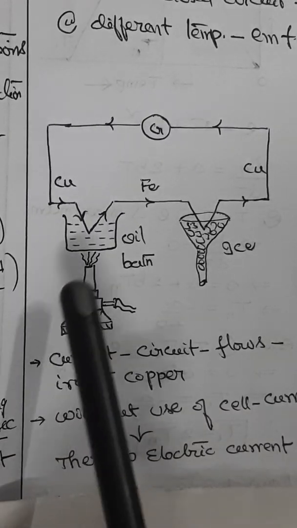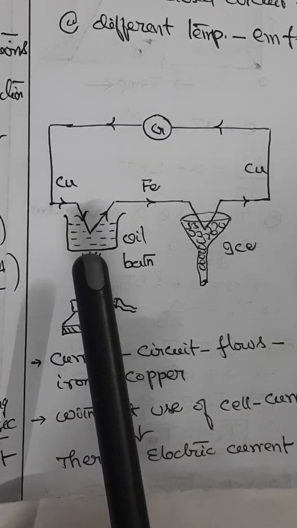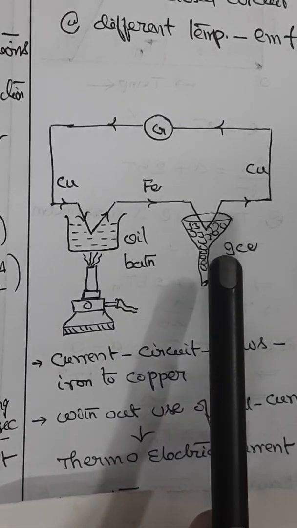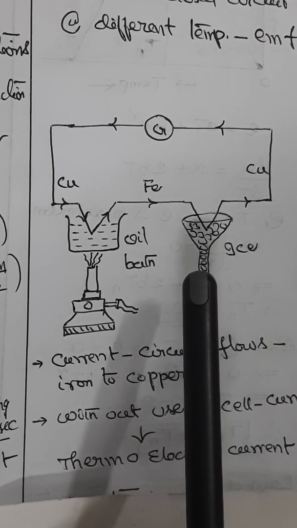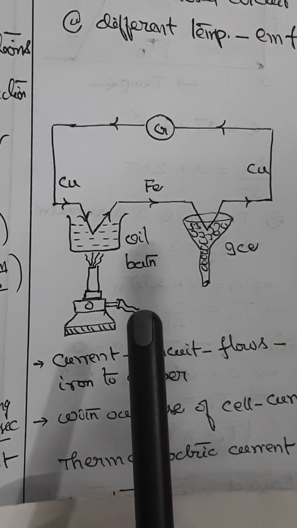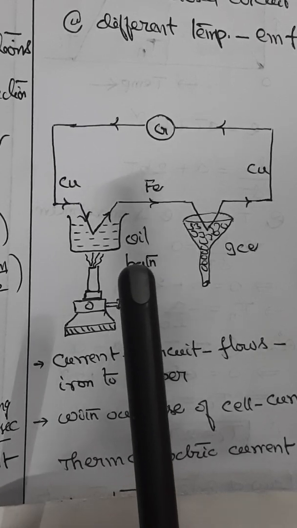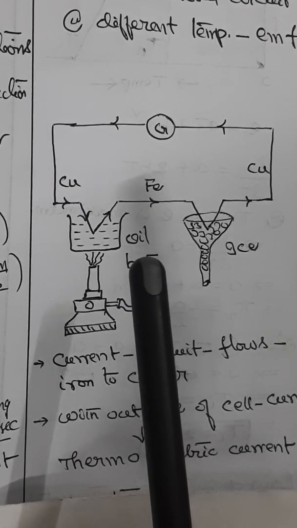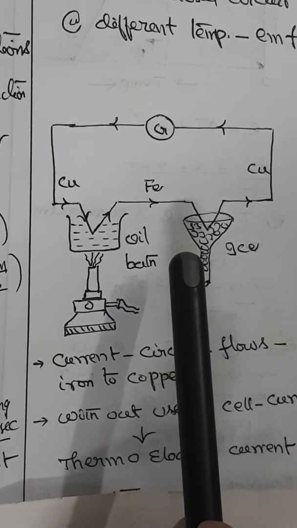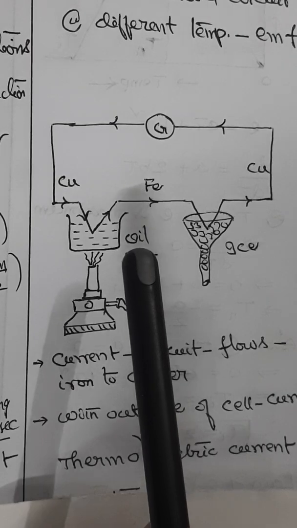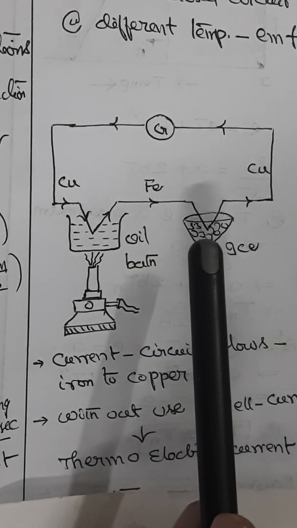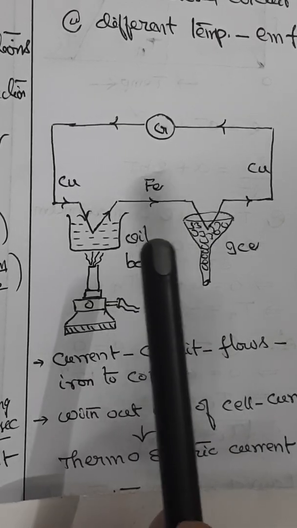If the temperature of one junction is kept at 0 degrees centigrade and that of the other is gradually raised, it is found that for small differences of temperature, the thermo EMF is approximately proportional to the temperature difference between the two junctions and depends on the nature of the metals. The greatest thermo EMFs are obtained with antimony and bismuth, and the current flows from antimony to bismuth through the cold junction.